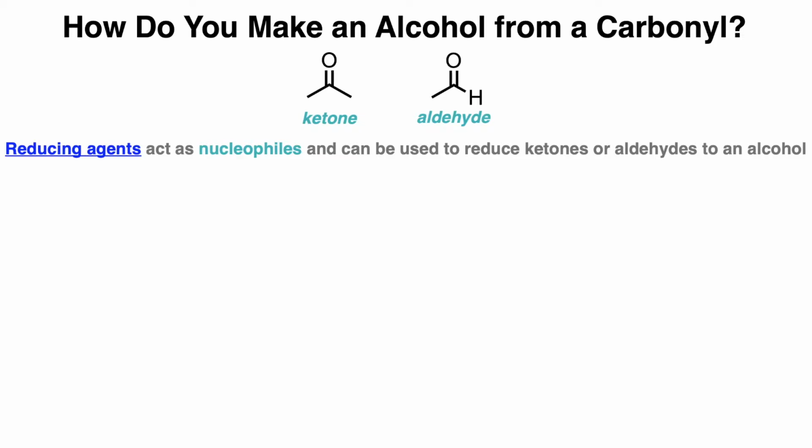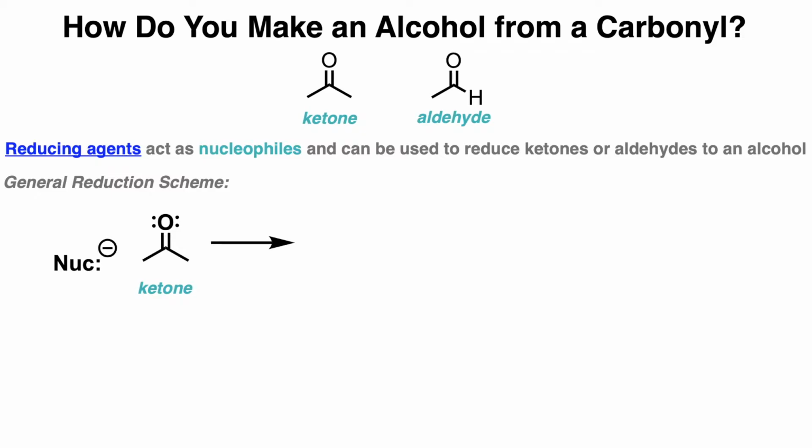Shown here is a general reduction scheme where a nucleophile attacks the electrophilic carbon of a carbonyl. Simultaneously, the double bond of the carbonyl breaks to form a new lone pair on the oxygen atom. This forms a tetrahedral intermediate. Then O- attacks a proton source, such as a protic solvent, or through what's called a water workup